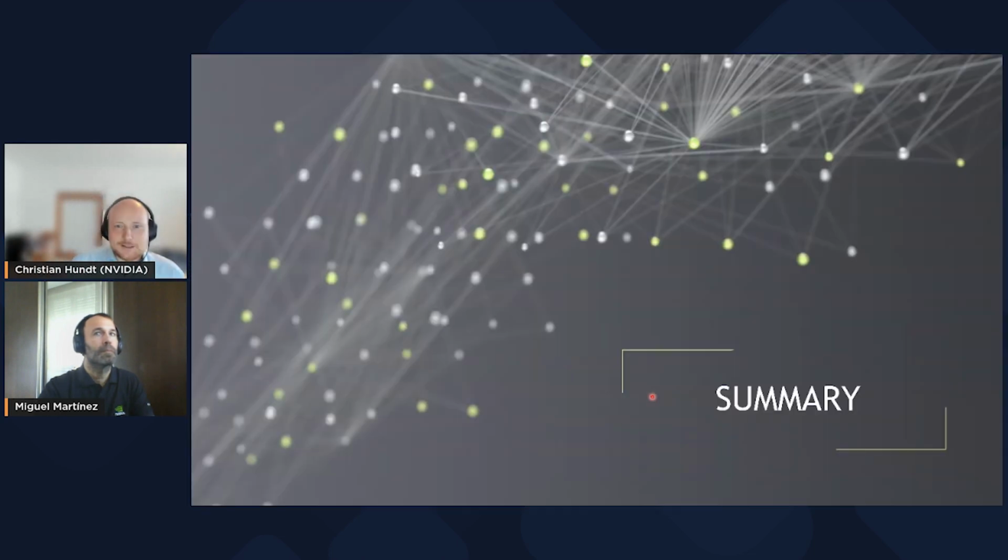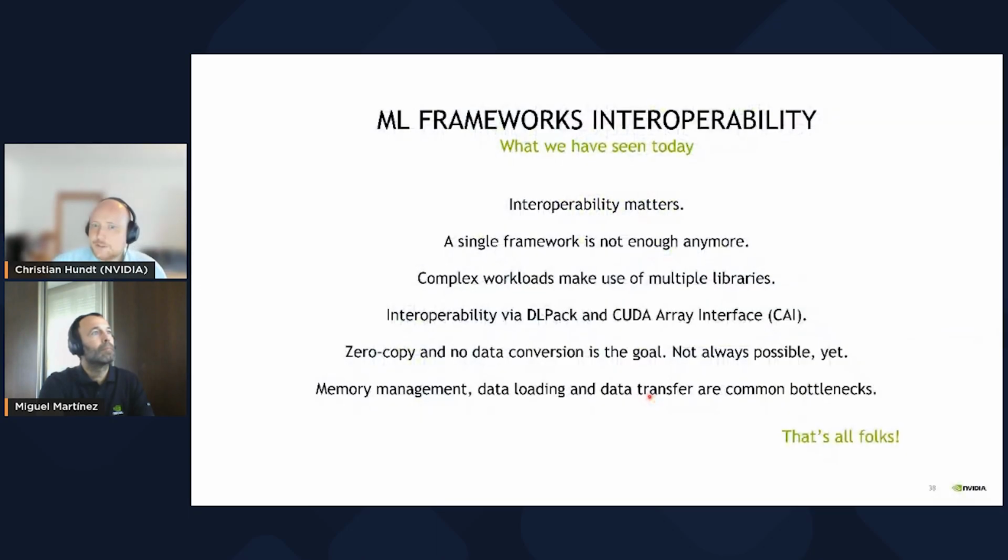Yeah, that's basically what I wanted to show. Let me summarize what we have seen. Different people have different needs and different preferences, and there's a good reason that there are many different frameworks with strengths and weaknesses, and therefore complex workloads might be composed of different frameworks, and the job is to basically reduce the impact of communication. This can be achieved via a zero copy mechanism such as DLPack or the CUDA array interface. If you can avoid to copy data at all, do it.